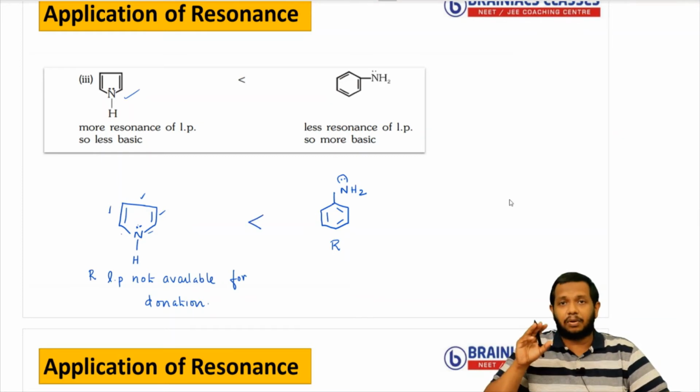That is very important. If the lone pair is involved in resonance inside the ring, it is not available at any time. But here, during some part of the resonating structures, the lone pair is available on the nitrogen atom. So that is the reason we say aniline is somehow more basic than the other one. This is more basic. I hope you understood the reason. Very important.